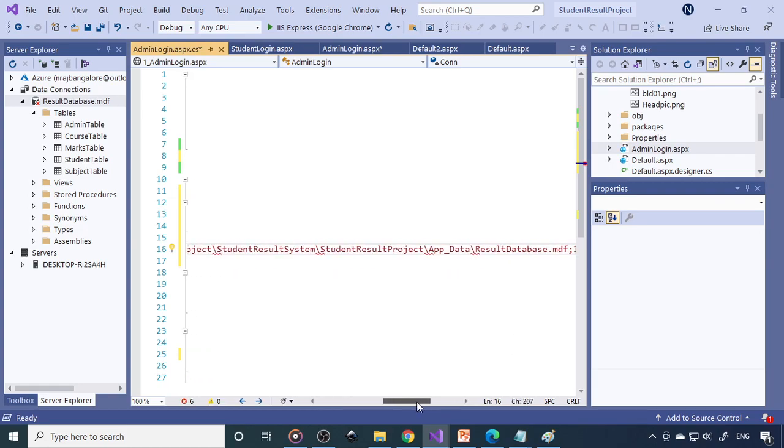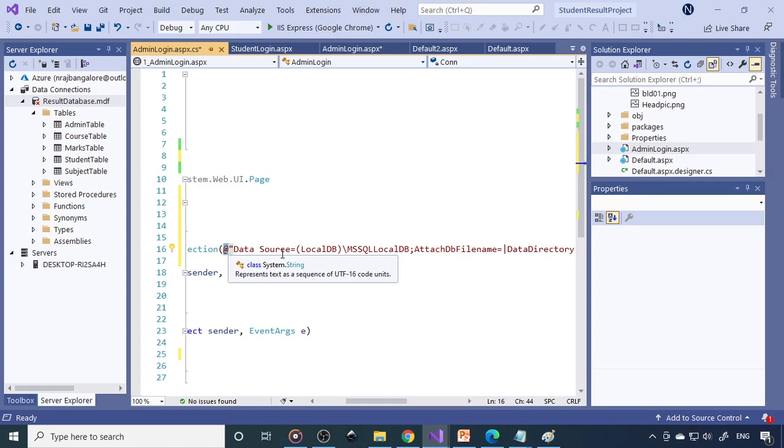Then here it will take the complete path, D:, what are the folders and all. Now because we are already using the app data, we can use the global environment variable. For that you have to use the piping, then you have to use data directory, and also wherever the single slash is there, you need to make double slash. Otherwise you have to use the @ in the beginning,